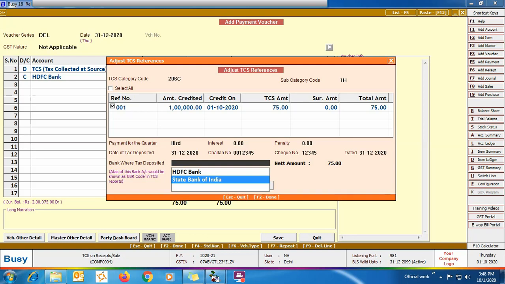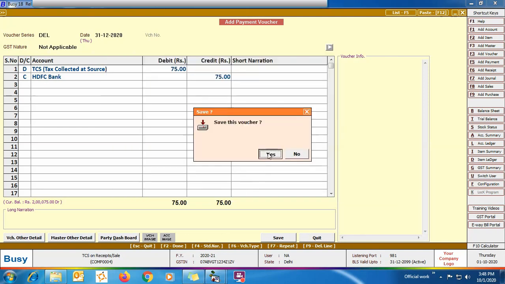This bank could be different from the bank you have specified in the payment voucher. Also, one more thing to note here is that the BSR code of the bank could be specified in the alias field of the account master. It simply implies that when you are creating a bank account master, that is an account master in which the group is bank, whatever you will specify in the alias field, it will be treated as the BSR code of the bank. Click Save button to save this payment transaction.